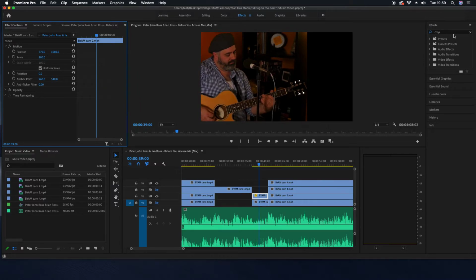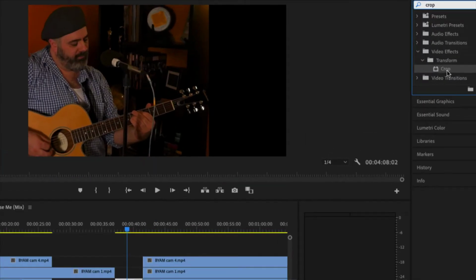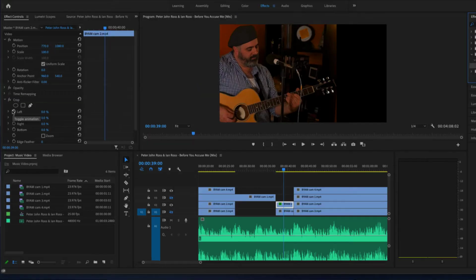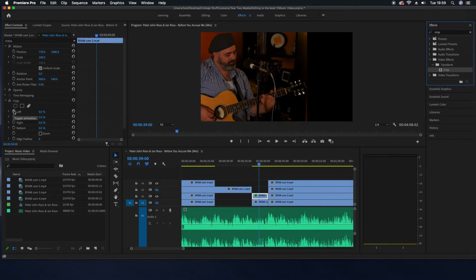The other thing I'm going to do is in my search, I'm going to type in, a bit of a spoiler, you saw it anyway, the crop function, and drop that on here. And then you'll see over here you've now got the ability to crop your frame. So I want to crop from the right, so I want to try and